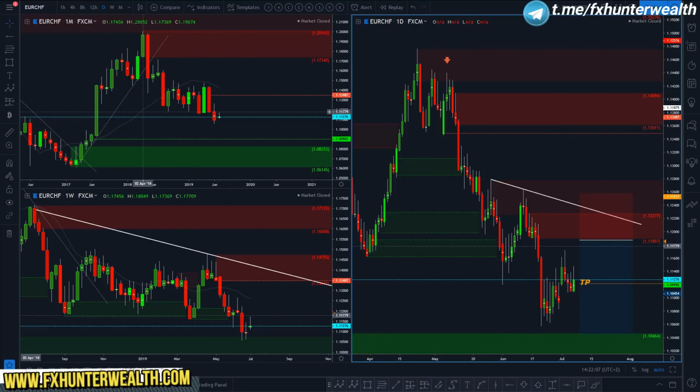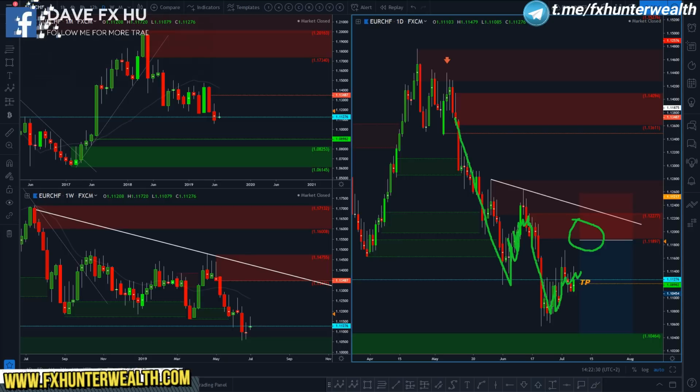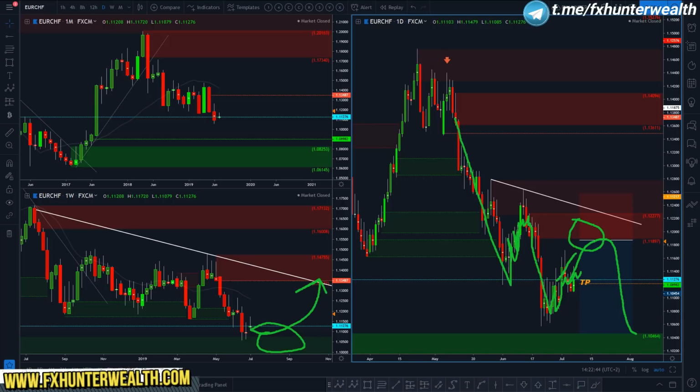This is the euro CHF. On the weekly we have a downtrend, and the monthly is a broken trend, and we are dropping down. I expect, and I like to trade from this supply zone, because if you look, the price is going down, so we have a drop, then we have this accumulation, drop again. So right now this market dynamics is not showing that it could develop some big correction, and I think that it will be something like this, and then from this zone we could move higher, but first it's gonna happen like this, and then,